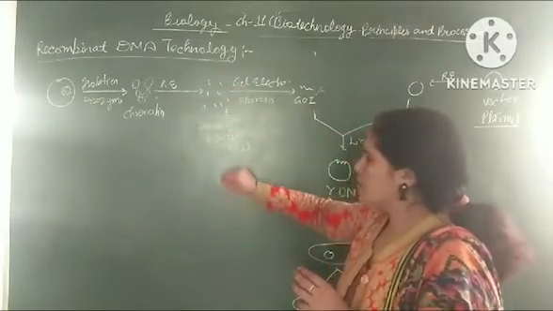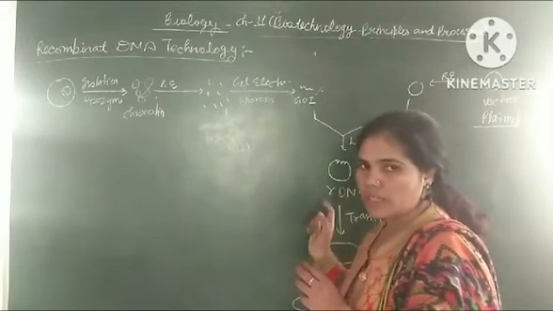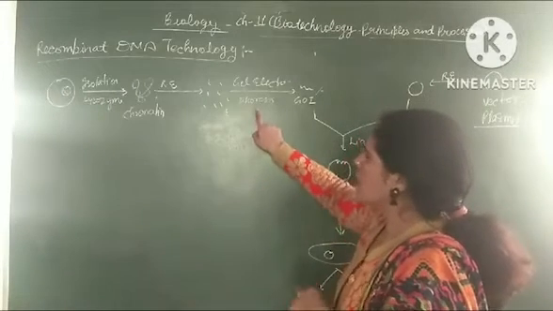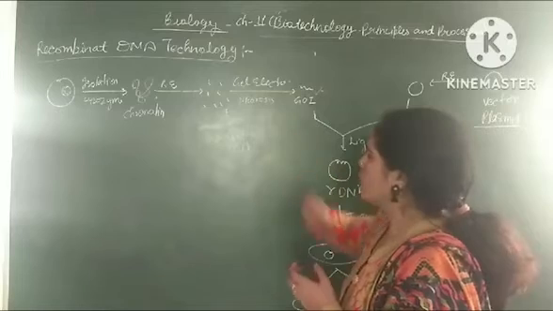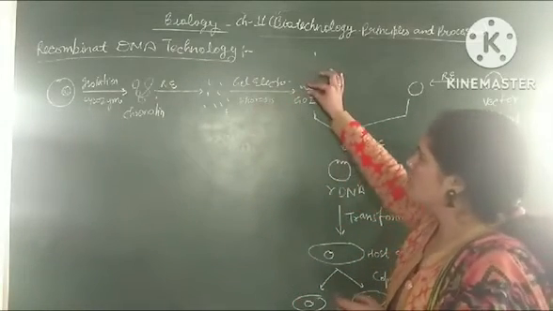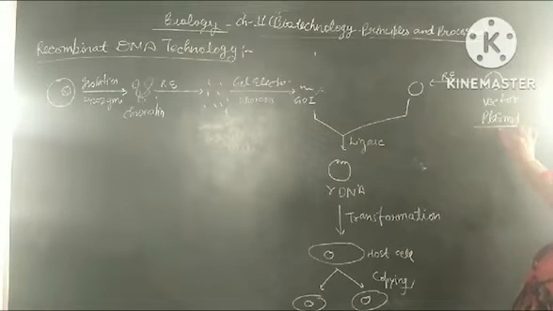In these small fragments, we choose our gene of interest which we need to introduce into the vector cell. For choosing this gene of interest, we use another process called gel electrophoresis. After going through this process, we find our gene of interest. On the other end, again, we take a plasmid or vector from the bacterial cell using the same lysozyme enzyme.